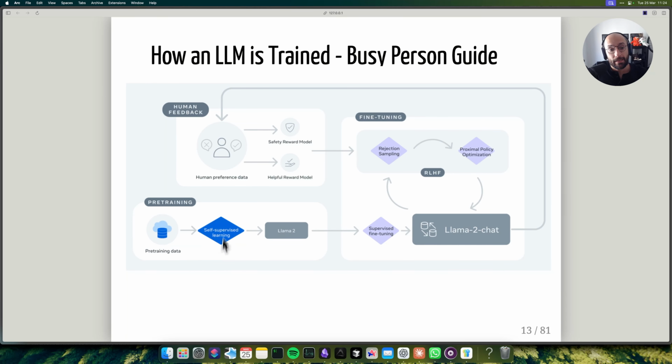Right? And that pre-training phase generates a base model, which is a model that somehow can take in some text and output some text. And that's it. That's what the model can do. In order to make this model safe, in order to make this model helpful to other people, which is not